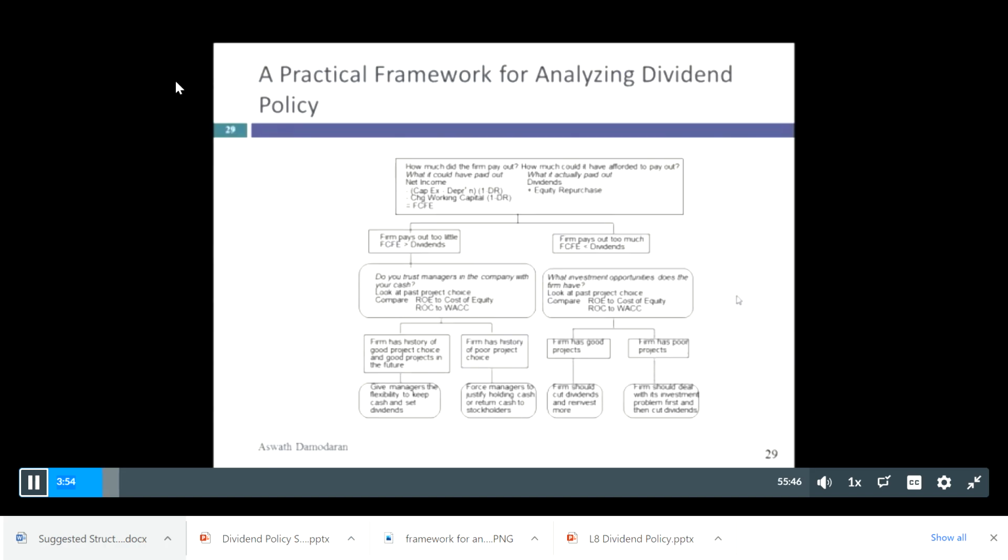I've just kind of described this in words, but here it is kind of pictorially what we're going to do. We're going to look at how much the firm paid out, and this is kind of a shortcut version of the formula we're going to use. But basically we're looking at all the cash flow for the year, right? All the cash that came in the form of net income and other cash, and all the cash that went out because of capital expenditures and investments in working capital, and then what's left over versus what they paid out in dividends and in repurchases.